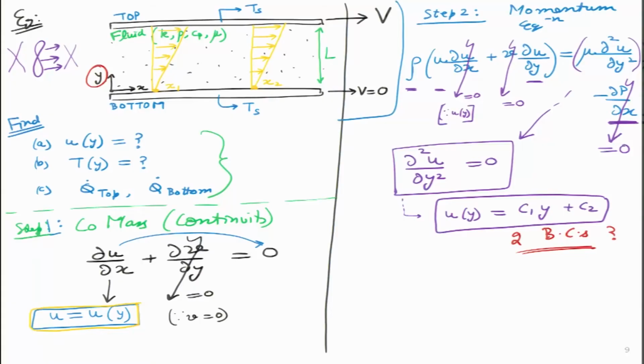So, what is the velocity in x direction at the bottom over here? If I look at this red dot over here, can I apply the no slip condition? The answer is yes. At y equals to 0, which is the first layer of fluid sitting next to the bottom plate, I can immediately say the velocity will be 0. So, the velocity at y equals to 0 has to be 0, and this is my boundary condition number 1.